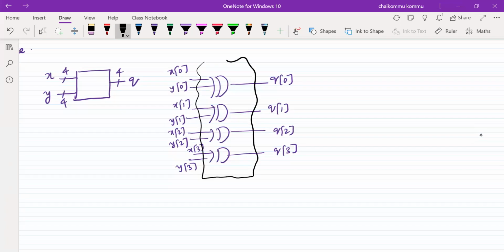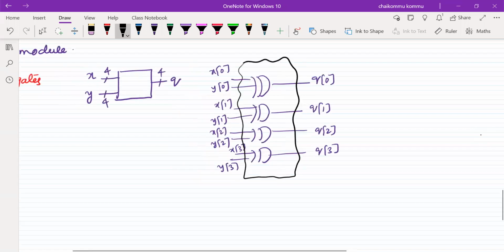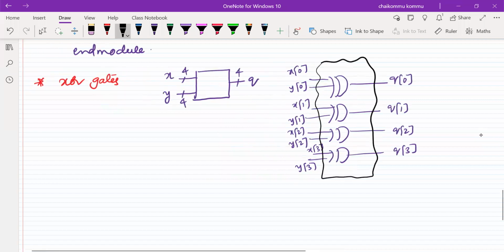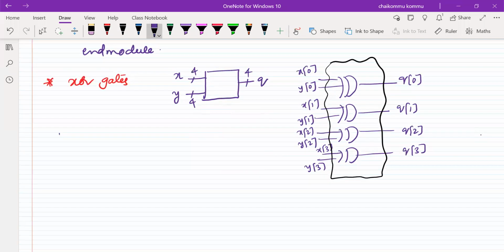Now it is possible to write an array of instances. Instead of writing the 4 exclusive OR gates, only one time is sufficient. So a better way is to write it in this way. So let us write module XOR. We can't directly write XOR because this is actually a keyword. So instead, if you want to write it as XOR or something like this, I need to add gate underscore 4-bit, something like that. If it is lengthy, then you can write XOR underscore gate only, but it is a better choice. So next, X, Y, Q.